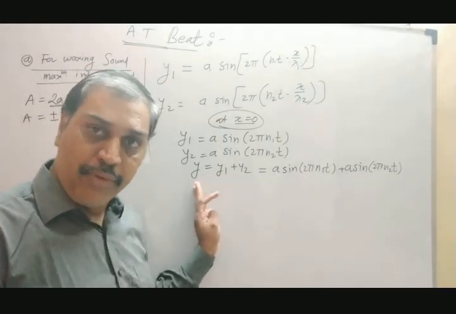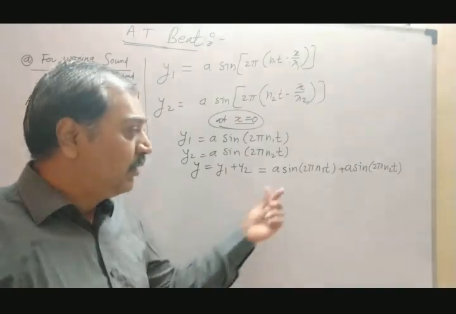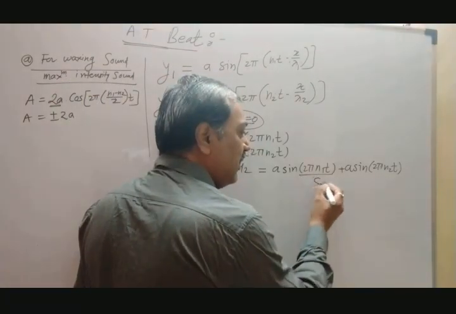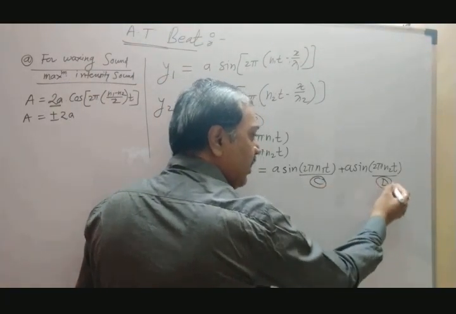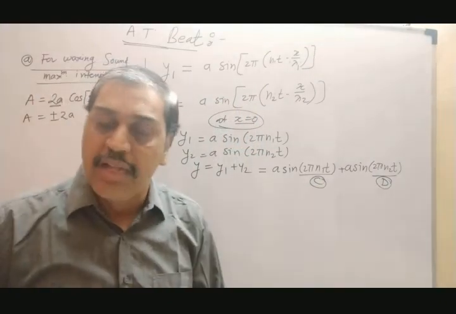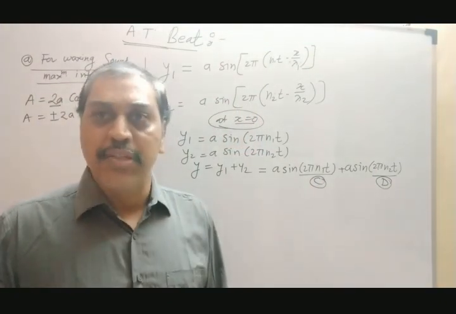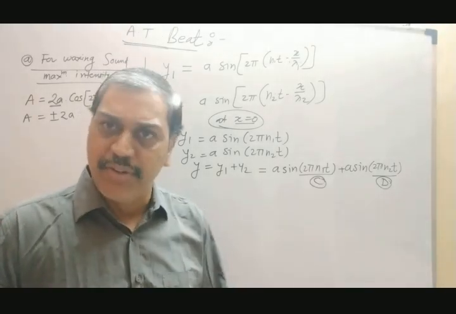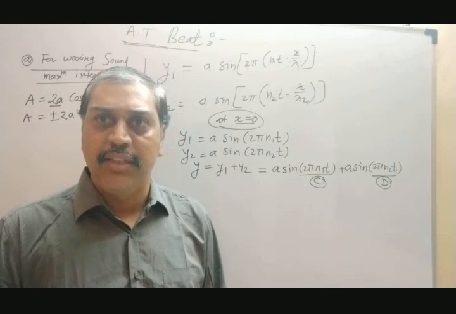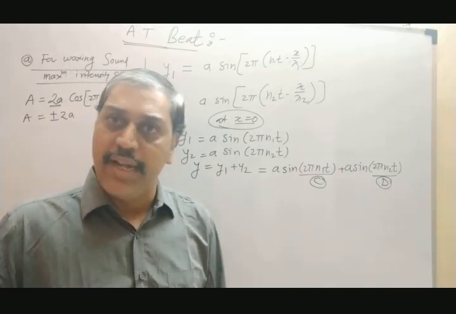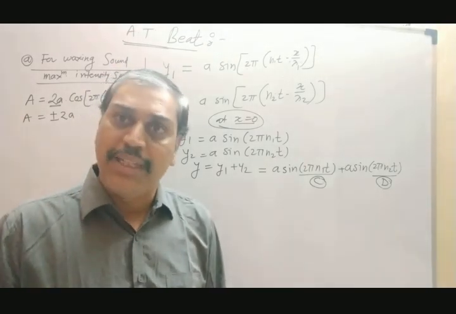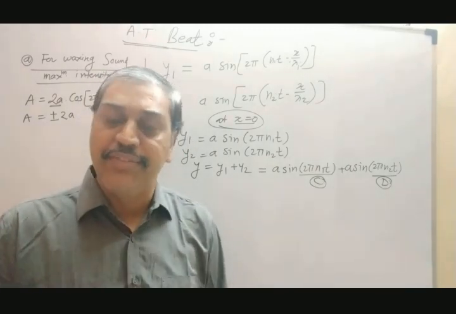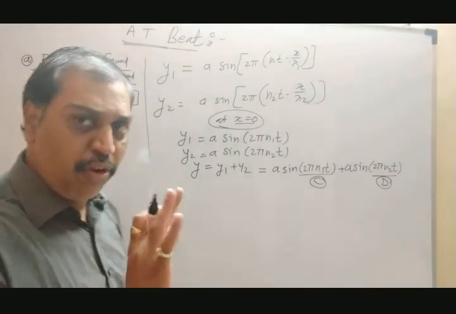Now as we know, let us assume this term as C and this term as D. There is one trigonometric formula: sine C plus sine D is 2 sine of (C plus D) by 2 into cos of (C minus D) by 2. That formula we have to use. All of you know this formula from 8th, 9th, 10th standard. Those who have mathematics also know it, and those who don't have mathematics also know this formula, because you have learned it up to 10th standard. So that formula we have to use.